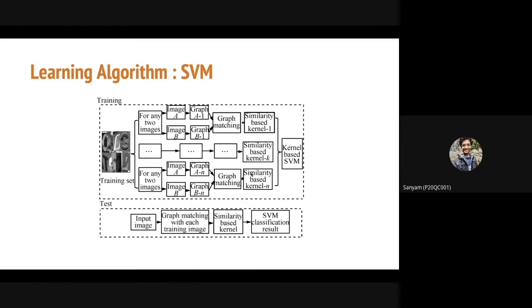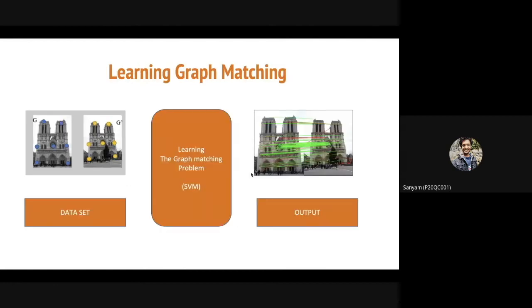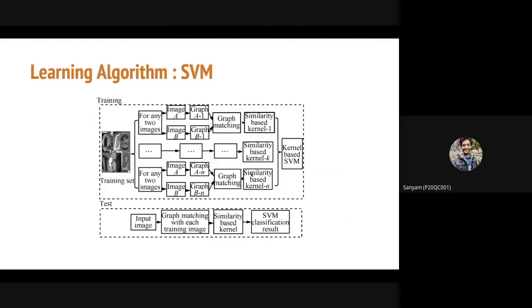When we give an unseen image to our classifier, that image should be recognized with the earlier images which we have trained. So when we come up with a new input image, we perform graph matching with each training image, and it should give us an output which looks like this, because we have performed several key points in the dataset, and it should be able to create new key points in the grayscale image of the user input. Basically, this is the process which will be performed in the backend, in our learning algorithm.